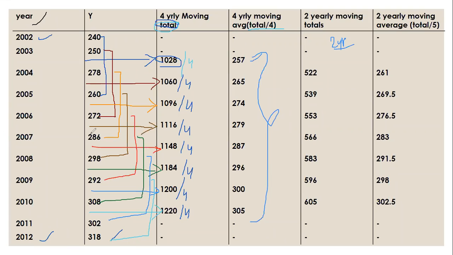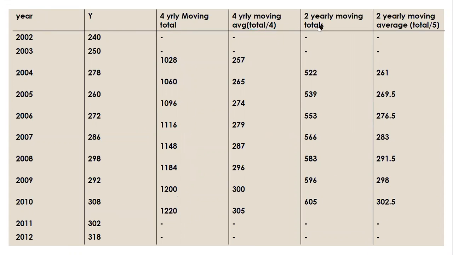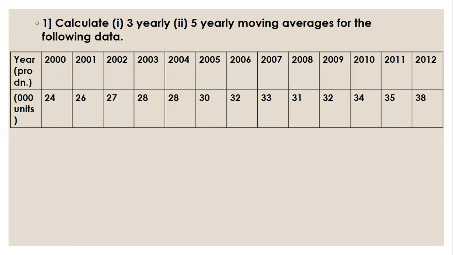Okay, whenever they ask 4 yearly moving average, you cannot just stop here. You are supposed to continue and also find 2 yearly moving average. Okay, now for this, let us understand a little theory behind this quickly. Okay, so going back here,